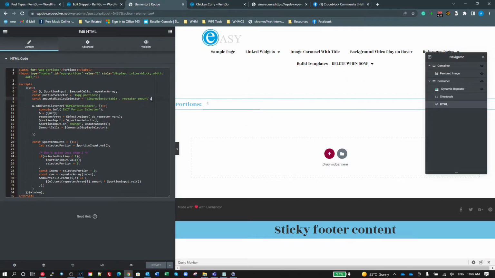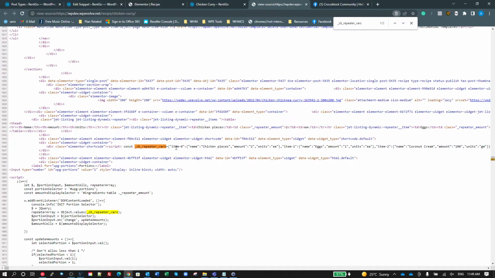Okay, so that's our variables and constants. We then wait for the DOMContentLoaded so that we can get access to jQuery. I've put out a little console info to say that we're initialized. This is just for debugging. You can get rid of that when you want to. Assign $ to jQuery. We want to get a repeater array. Now, if we look at the values that's here,